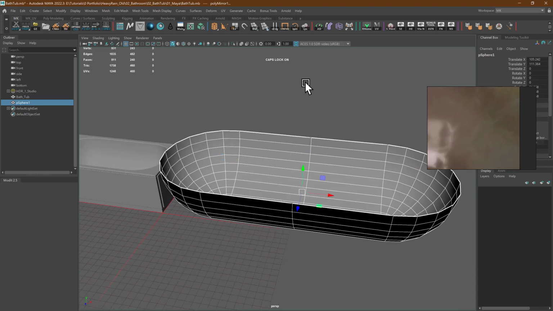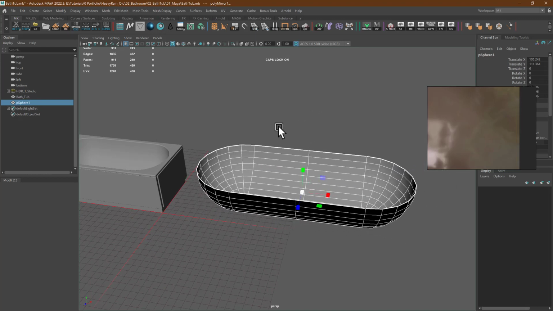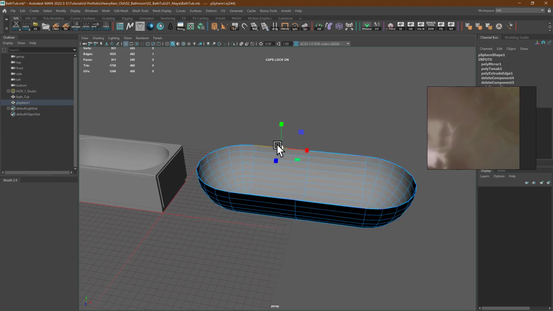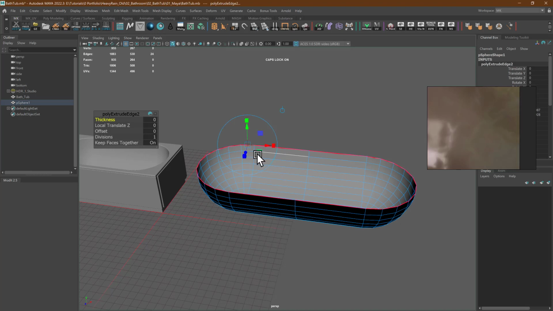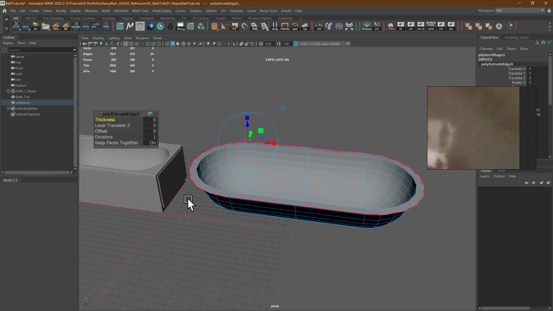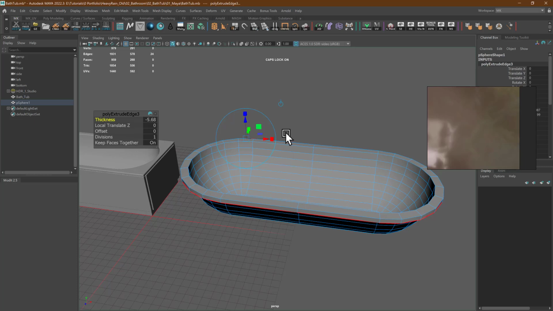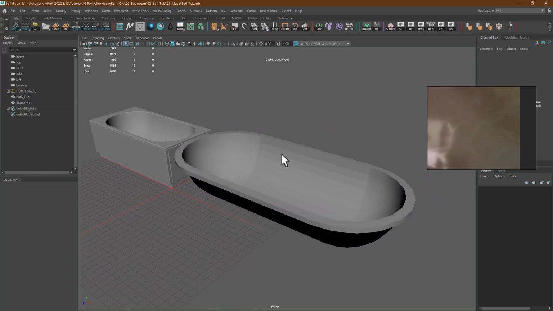Did you see? And then I extrude it like this, and extrude it like this, and yeah,